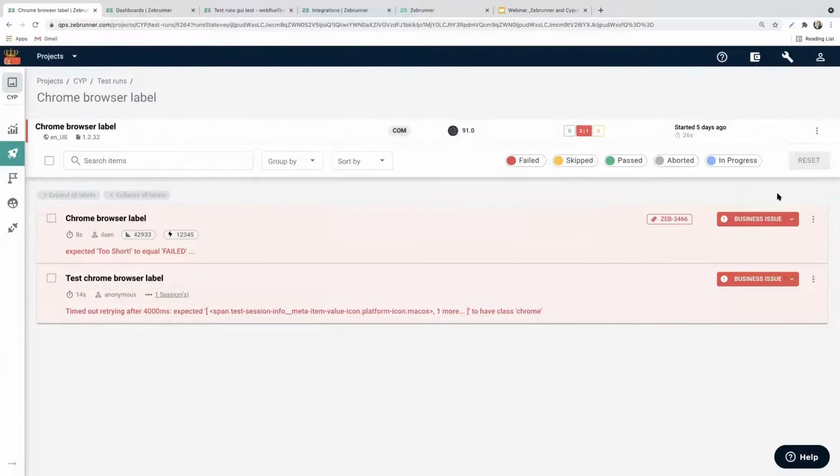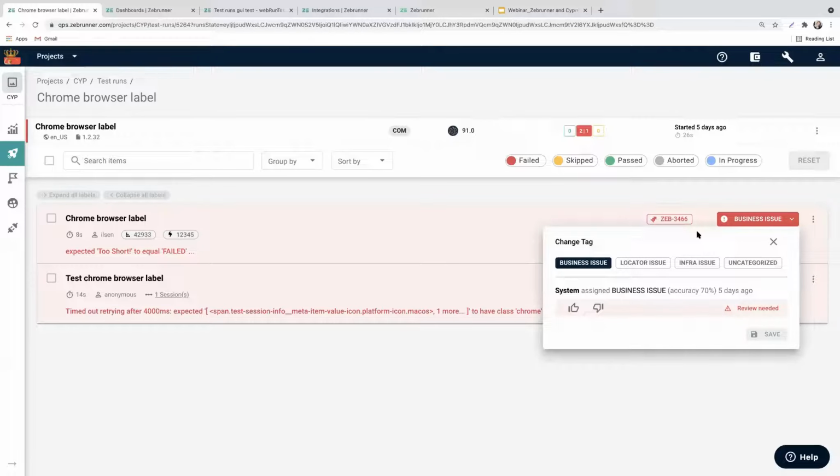Moreover, one of the greatest updates, you are actually one of the first people to learn about this great update, is our AIML classification of failures. So you see this red tag with an exclamation mark and the classified type of issue. Our Zebrunner AI automatically classifies what type of issue it is on the basis of your stack traces. And what's really great is that our AIML can be trained, and it should be trained